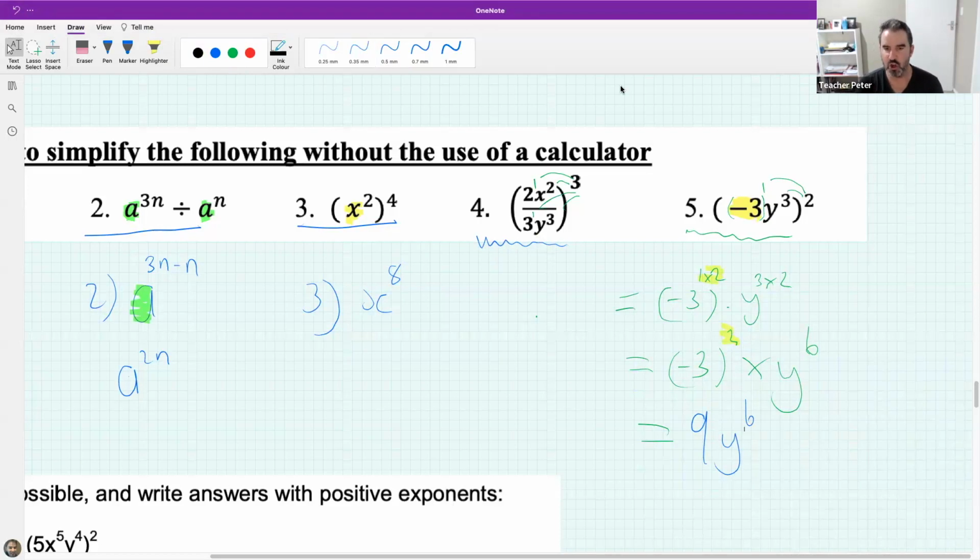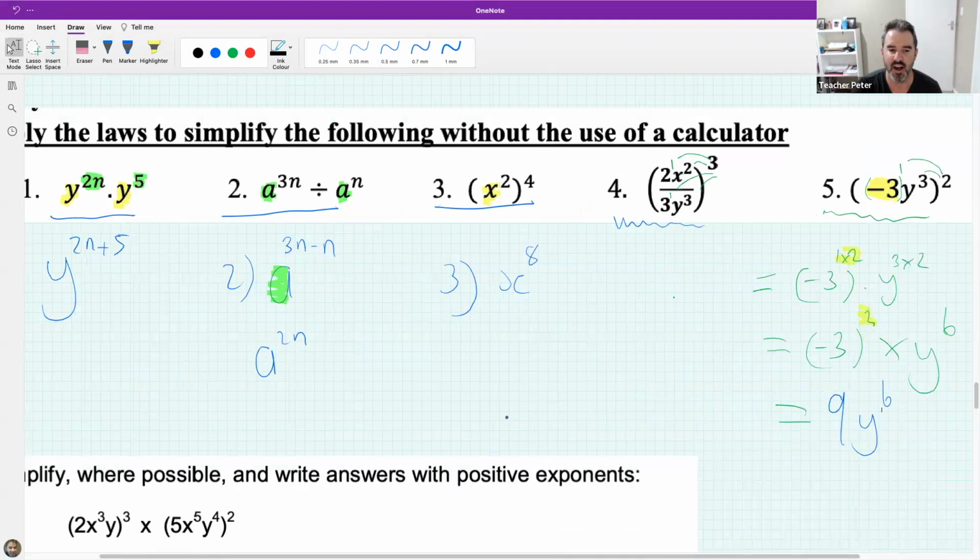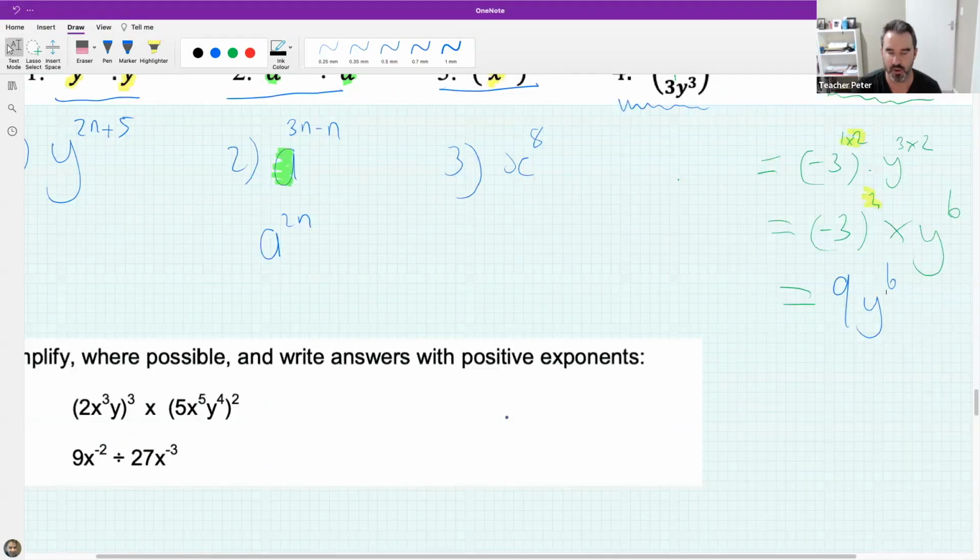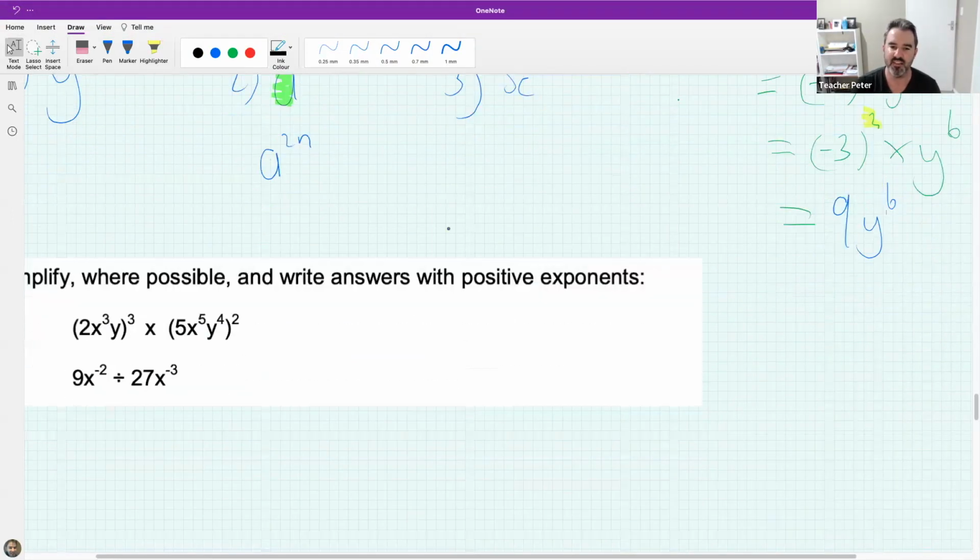So if you look at what we started with today, we started with reviewing the laws of exponents. We looked at one of the definitions where something to the power of 0 is 1. And now we've practiced 5 questions where you have to apply the laws. Now there's one other idea that I want to talk about before we end today, and that is something